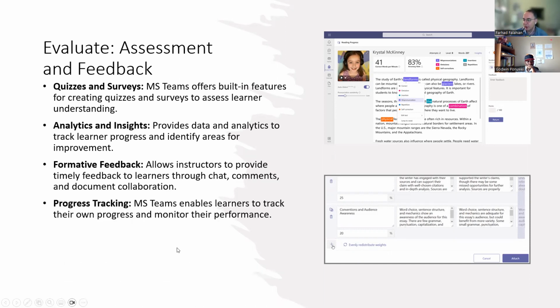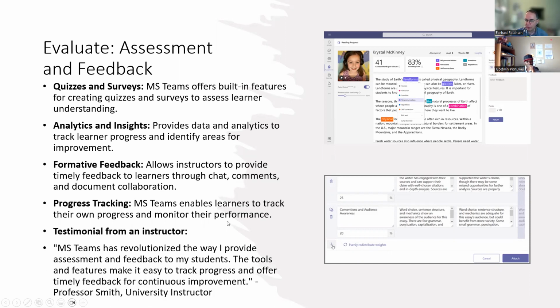And progress tracking is another option of Teams. It enables learners to track their own progress. And the testimonial says it has revolutionized the way I provide assessment and feedback to my students.